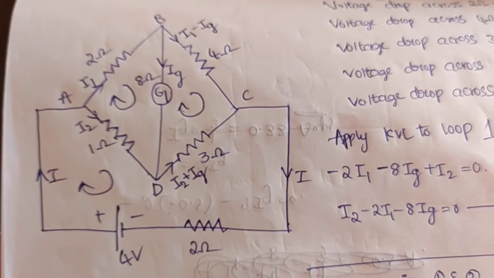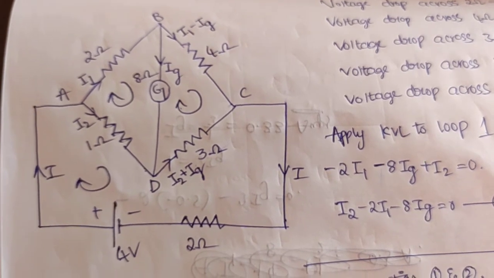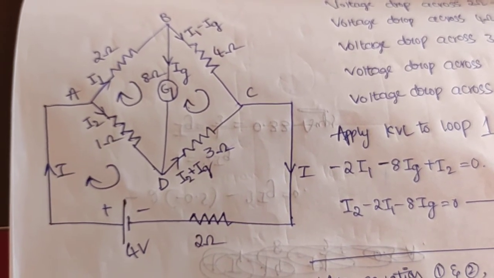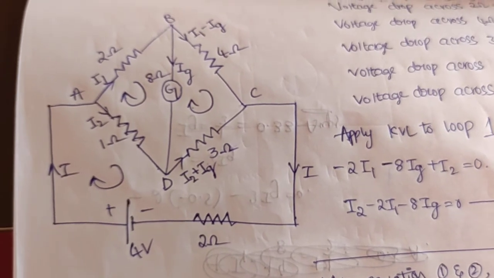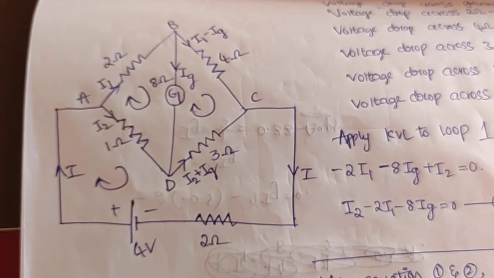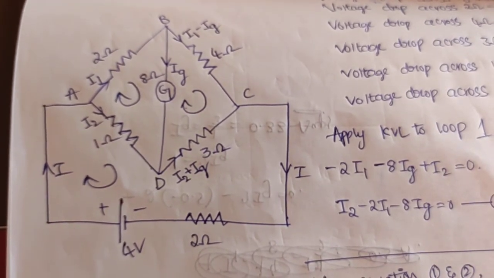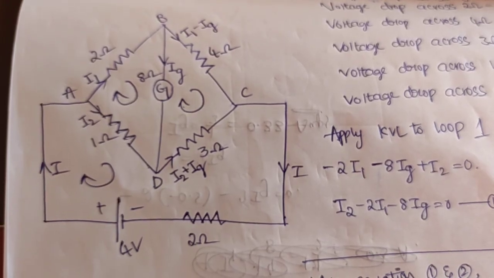This problem may be in a different form and in long form, but it is somewhat easy and difficult to solve the equations. The equation solving is very important in this problem, and finding Ig is important. As the question itself asks to find the galvanometer current, here Ig is 0.33 amps.